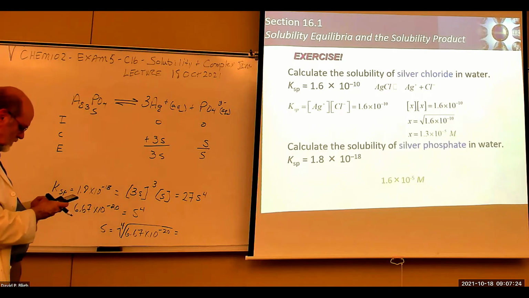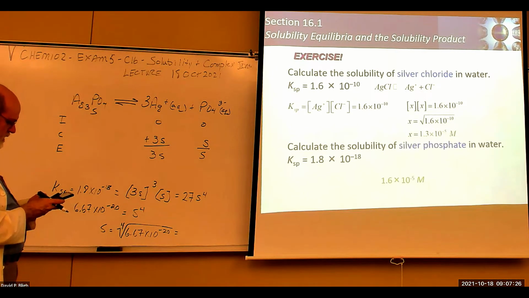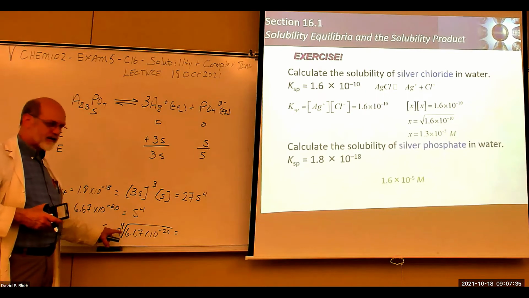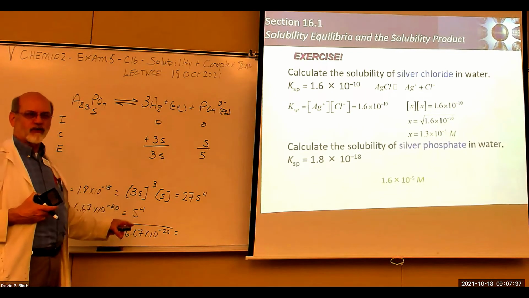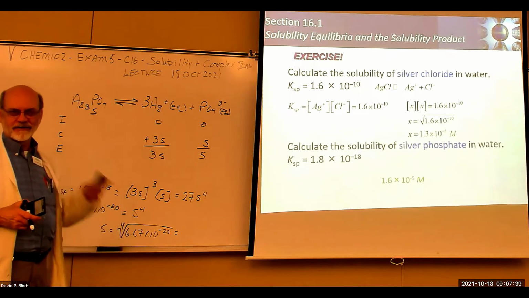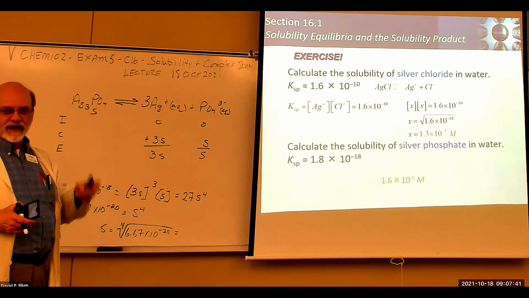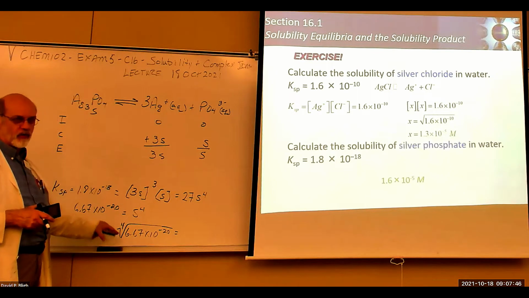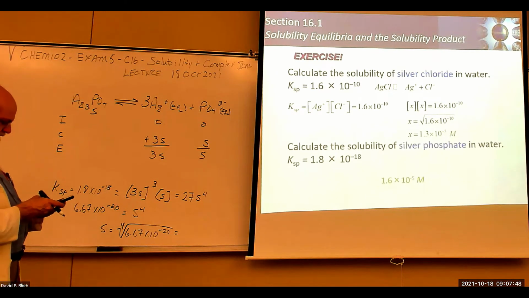Oh, that's not it either. Hold on a second. 6.67 exponent 20 negative power. It's not the negative fourth power, it's the 1/4 power. Okay? I didn't mean to confuse you. I was confusing myself. So if I take the negative fourth power of that, so let's see,